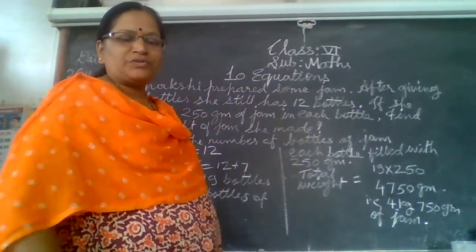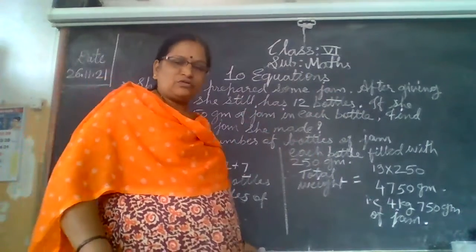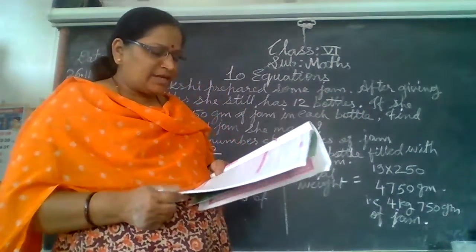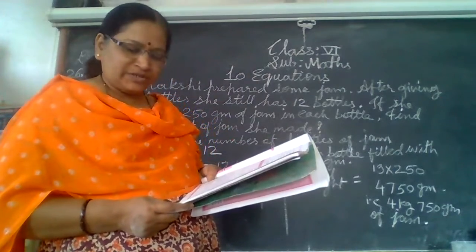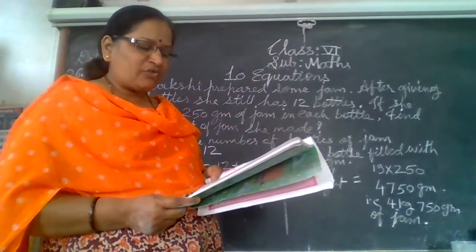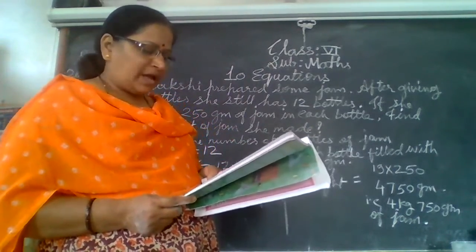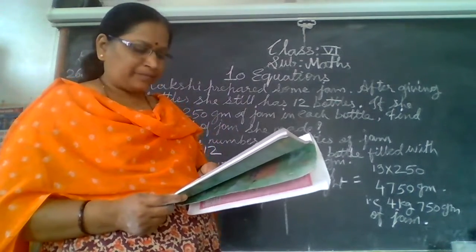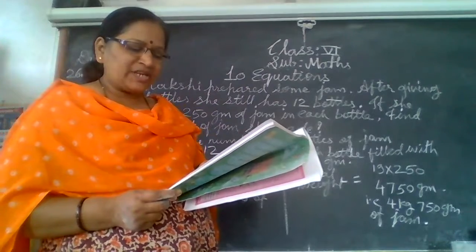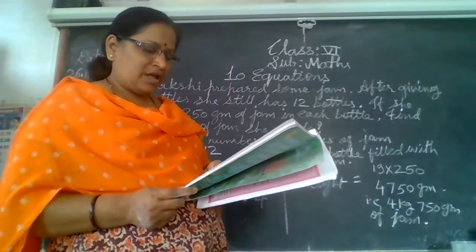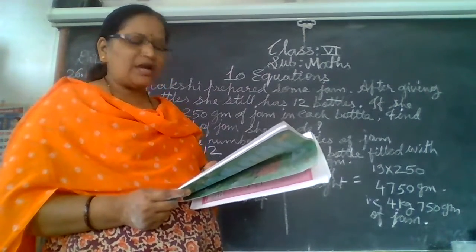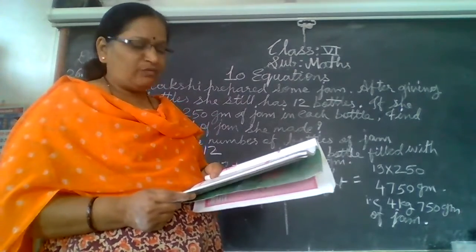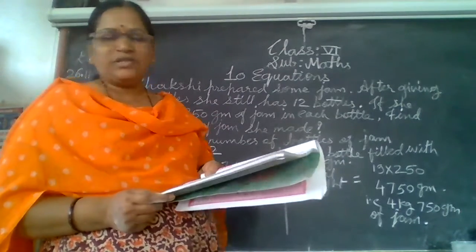I am giving you one question to solve yourself, children. Try to solve this question. Archana bought some kilograms of wheat. She required 12 kg per month, and she got enough wheat for 3 months. After that, she had 14 kg left. How much weight had Archana bought altogether? So this question is homework for you, try to solve it.